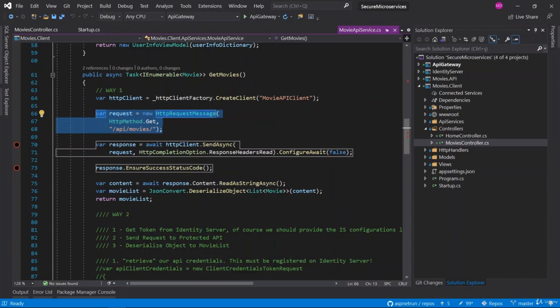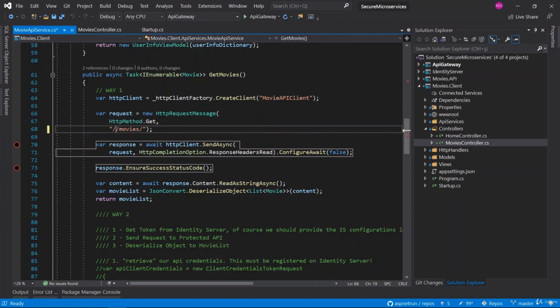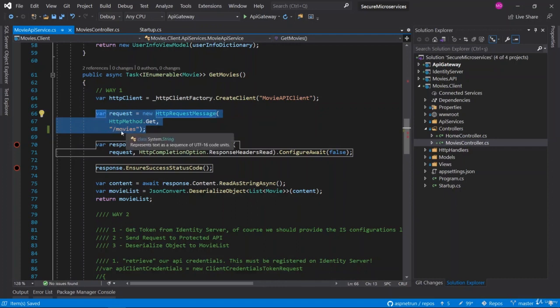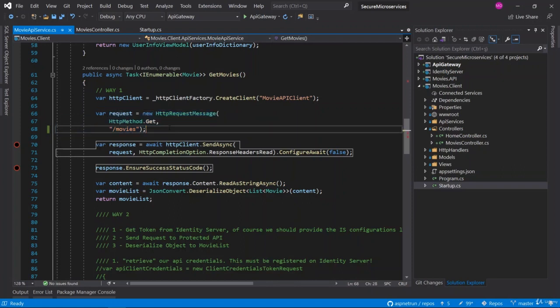But this time we are referring to the API gateway, and we are exposing APIs from the API gateway without the api keyword. So that's why I'm going to remove api/movies and make it more clear and summarized. We set our connection to the backend microservice as the API gateway exposing 5010, and after that the API gateway exposes the movies service as a movies URL.